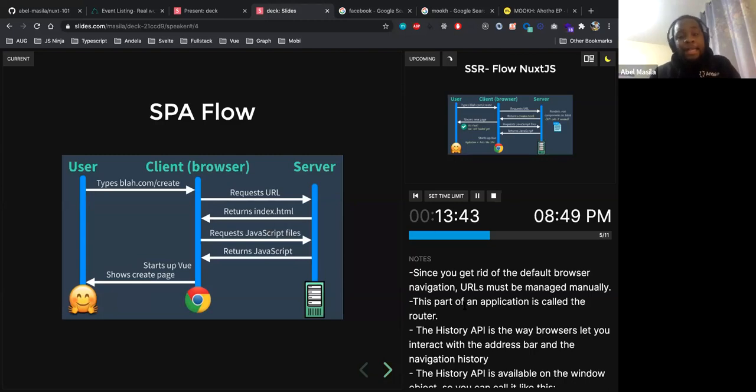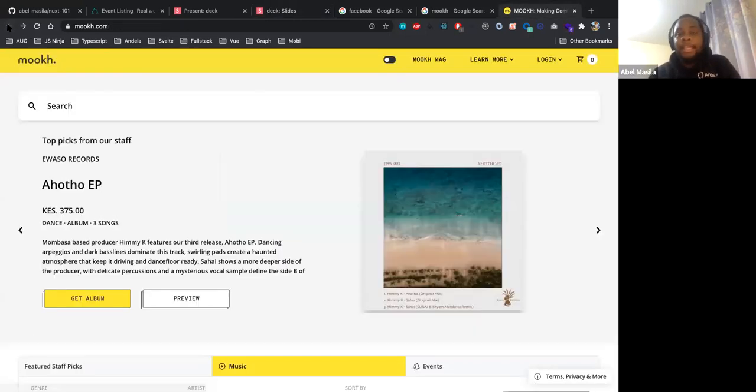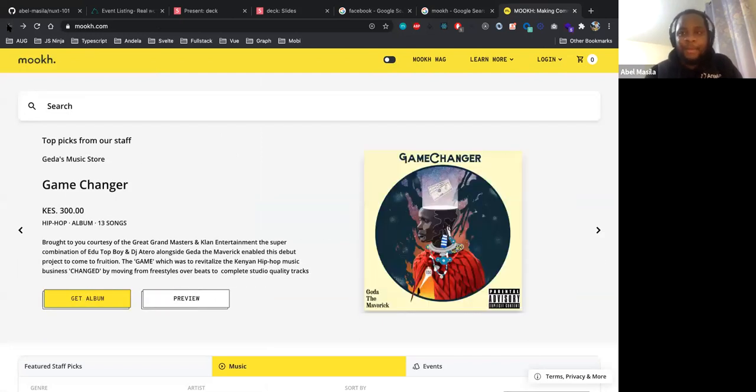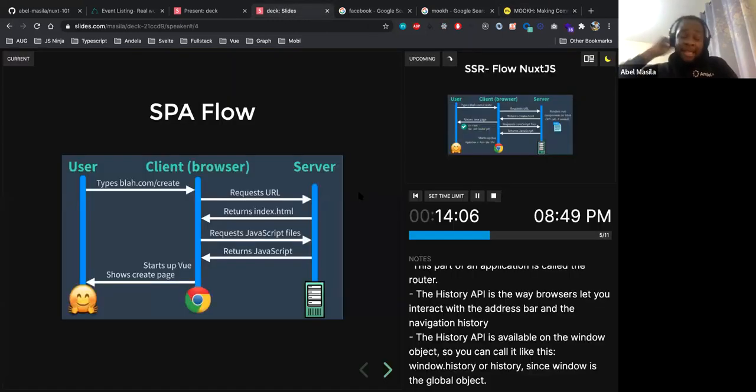You are highly relying on the history API because, for instance, if I go back to Mook and hit the back button, it is an SPA. So before we had the history API, we had the problem called the back button problem, where you could hit back on your SPA and it doesn't load. But with the introduction of HTML5, there came something called the history API.